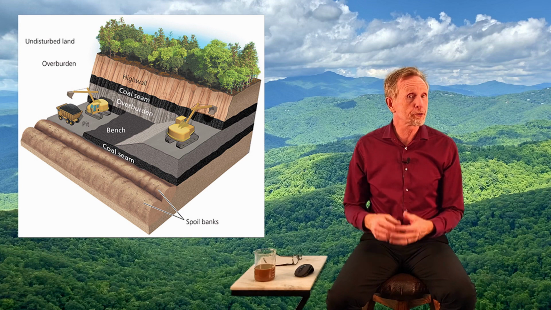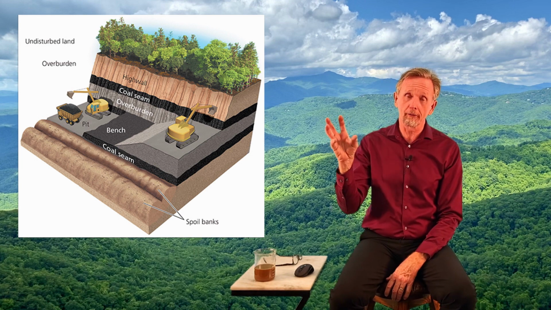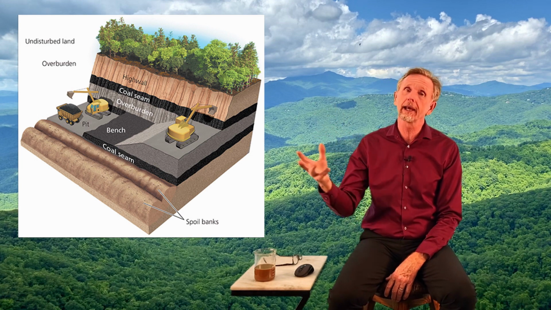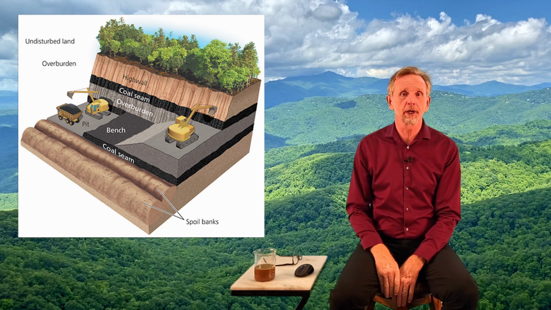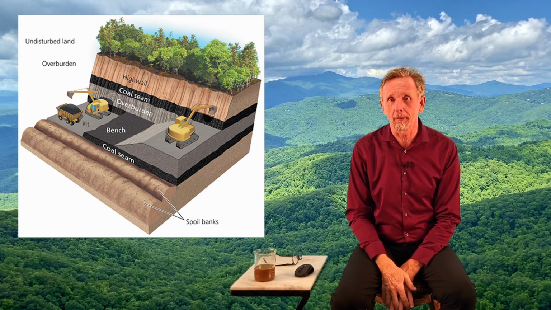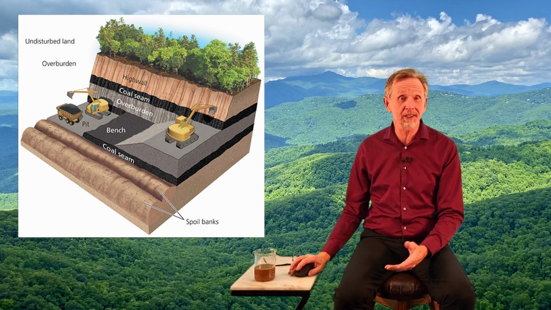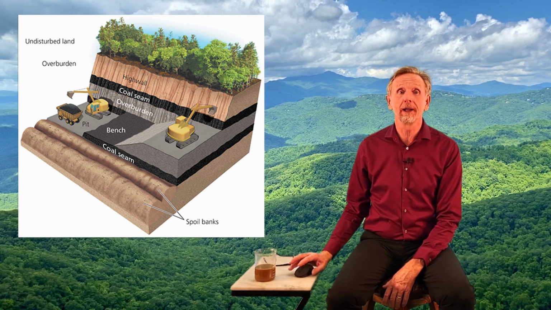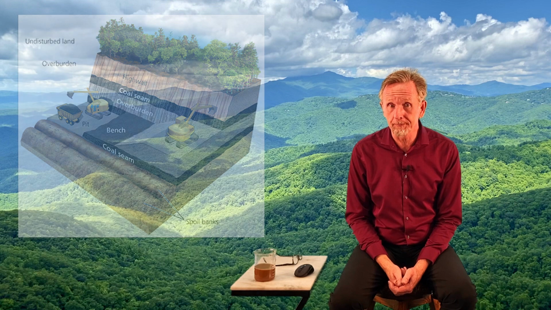The contour strip mining, we just pull it off of one area, push it down into the next, go to the next area, push it off, and we get these kind of high walls we talk about. Once again, we get a lot of erosion, landslides, all kinds of things happen from it.